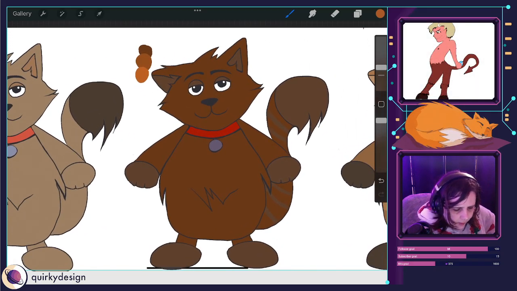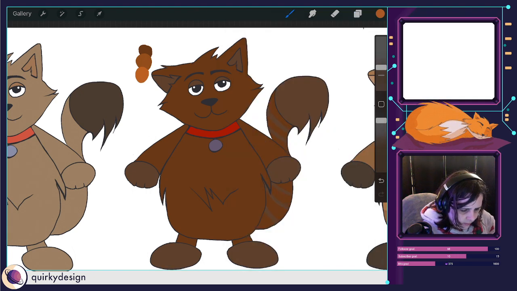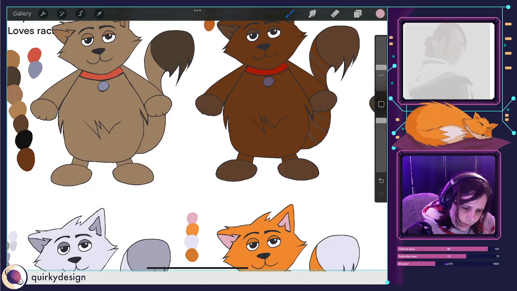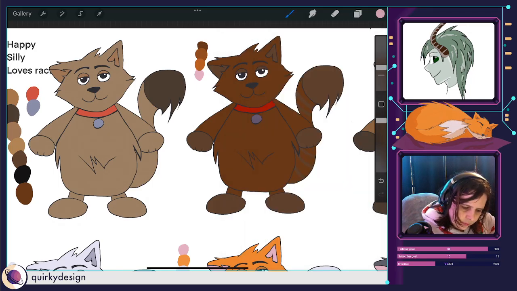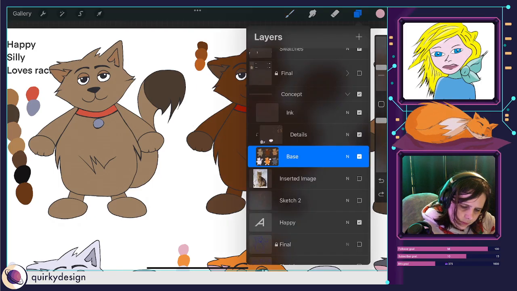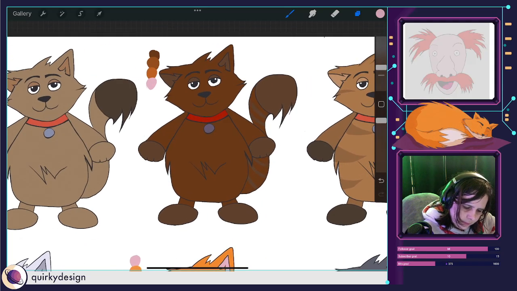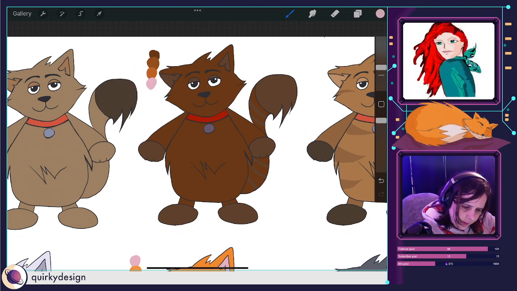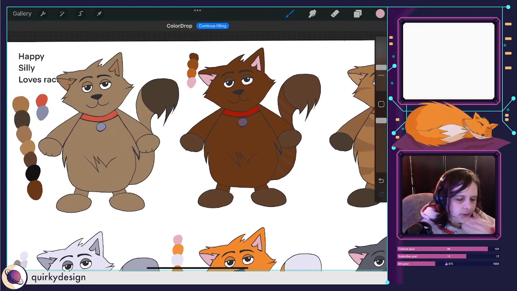Now, I do like this brown. It's a very reddish brown, which works quite nicely. I also like the idea of using this pink. I think the pink works quite well. Feels a bit more natural to have the pink in the ears. Let's see, so base we are on. So that just kind of makes a difference already, just having that pink.